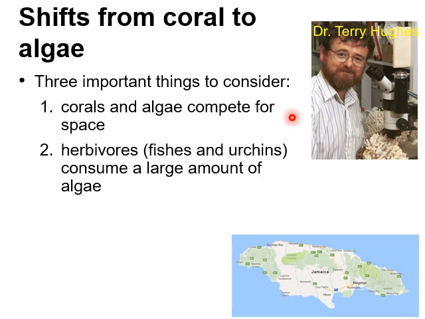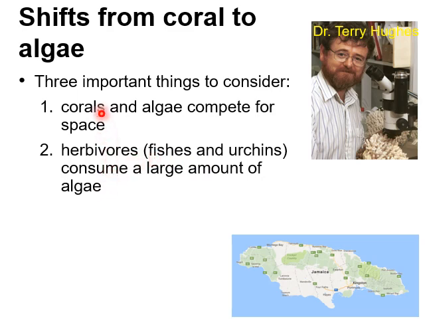And so the effect of the sea stars is that they control the mussels, and that allows those seaweeds in rocky intertidal areas to have a chance of having some space on the seafloor. In this case, we're talking about herbivores, so fishes and urchins. They consume the algae,